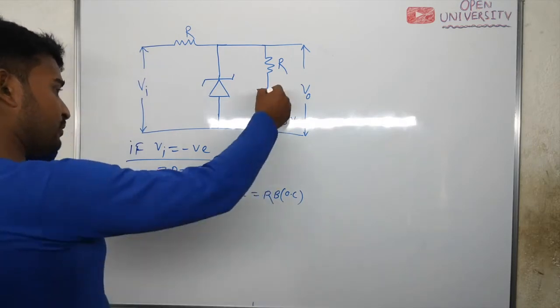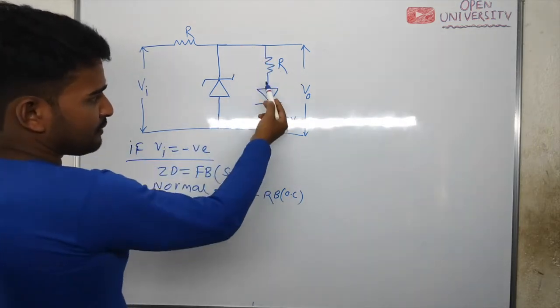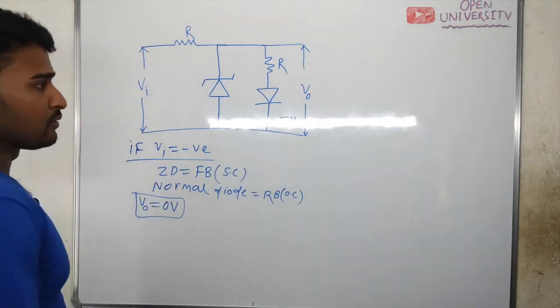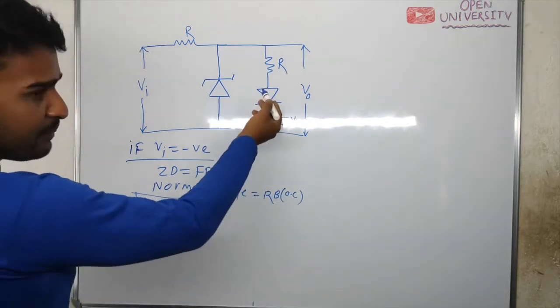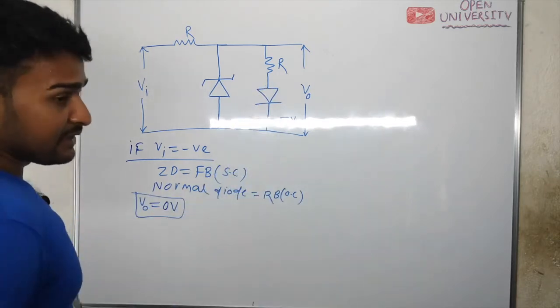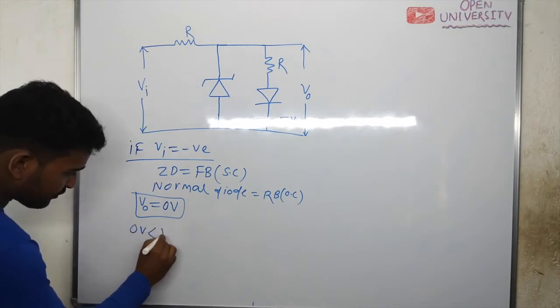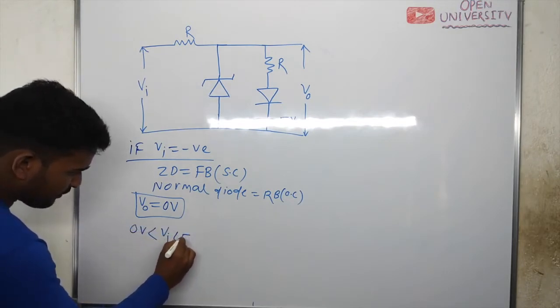This normal diode will be forward biased only when the input voltage is greater than 5 volt. If you do an open circuit test, you can find that this normal diode will be forward biased if your input voltage is greater than 5 volt. But if your input voltage is in between 0 volt to 5 volt,